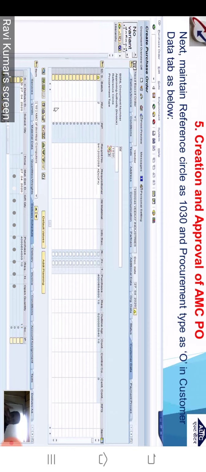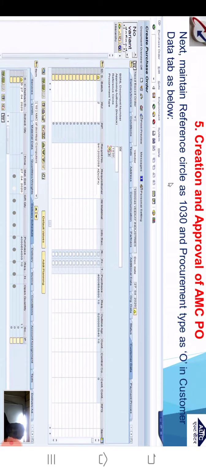And where is this available? This reference circle and procurement type is available in header data, the topmost of the screen, which is having header data, then item and then item details. I have to maintain this. You have to maintain this under header data.